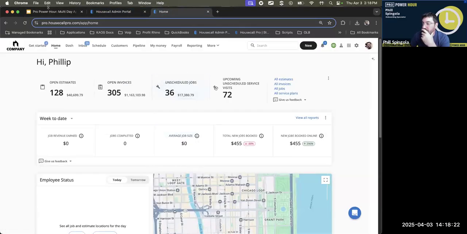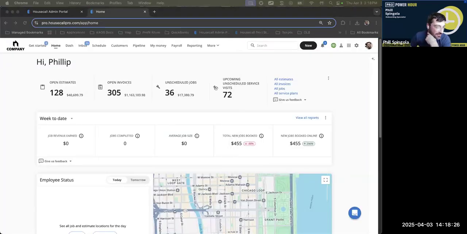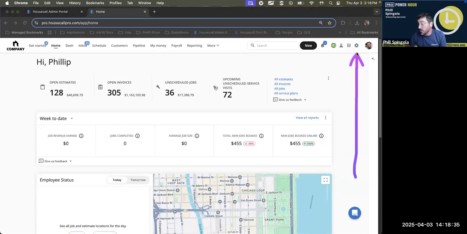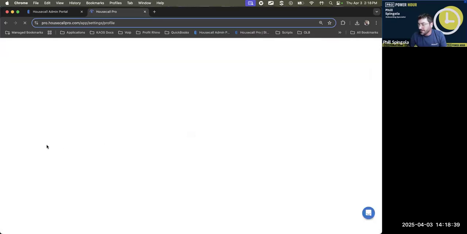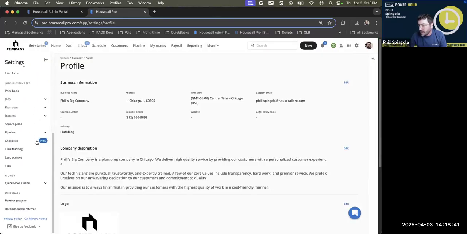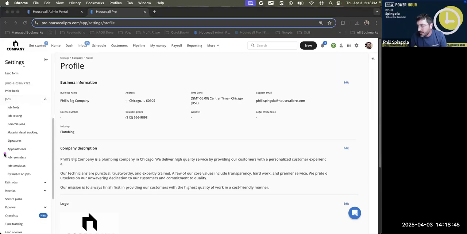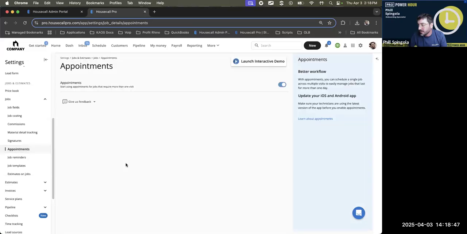So I'm just going to slide this over here and make sure I hit all the spots that we talked about. With multi-day appointments, as I said before, to set up the appointments, it is in your account settings, under jobs and appointments.